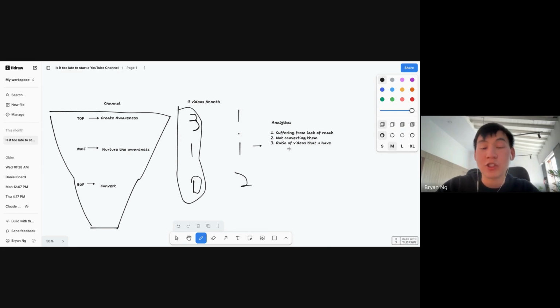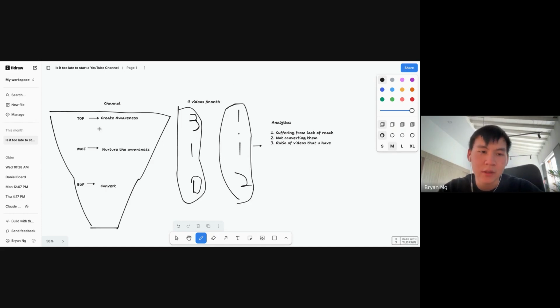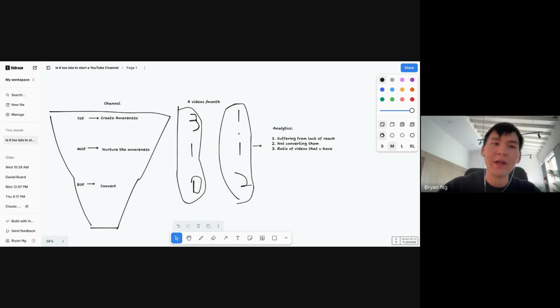Or maybe you're just not converting, but you have a lot of awareness. Then maybe you would do something closer to this. So it really depends on where your channel strength sits, and your analytics will determine this. And every single month it will be different, because the type of videos that perform well will continue to fluctuate all the time. Certain videos will make you more money, certain videos will make you less money. Certain videos will have high RPM but fewer views, and certain videos are otherwise. So this is something to really keep in mind.